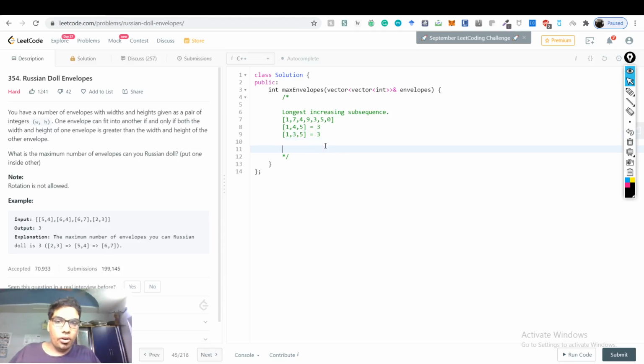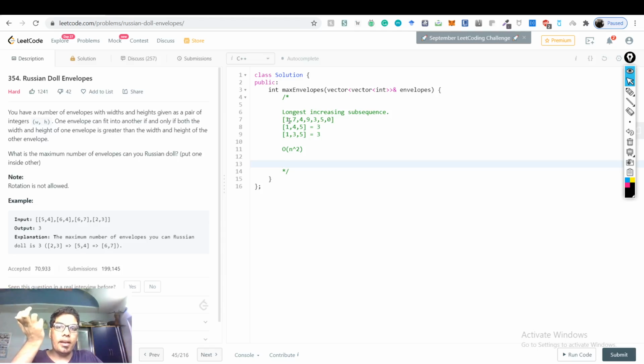And if you basically know, then there is an algorithm to do this. It's not that difficult to see. There is an algorithm to do the one-dimensional case in O of n square time, right? It's a very simple dynamic programming question. The premise is that you have a DP array, and that DP array maintains the longest increasing subsequence until that point. Whenever you iterate over the array, you go back and see whether that element is worth adding to the longest increasing subsequence or not, and so forth. That's how you could do that. So it's a dynamic programming O of n square approach, right?